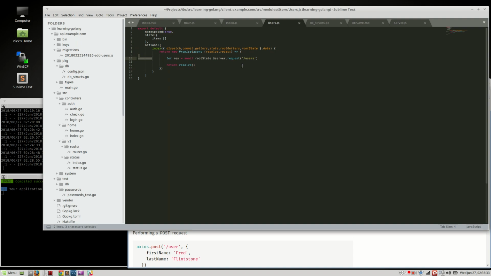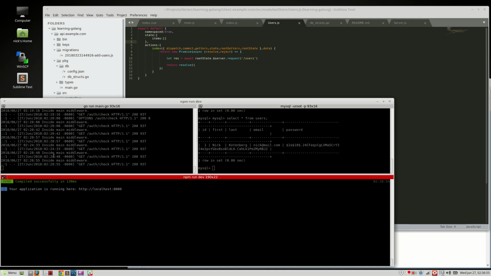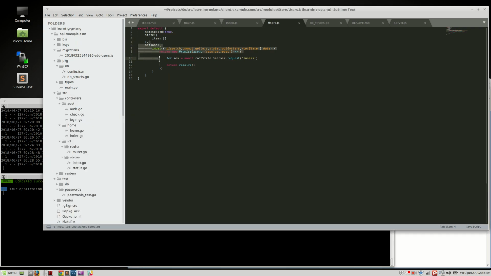Hey guys, welcome back. In the last video, we did the client-side setup for Vuex and server requests, and now we're going to do the server-side of that same set of requests. So we're going to first set up the routes in Gorilla Mux, and then we're going to use curl to test it. And once we have the data properly set, we're then going to use the client side to request the actual